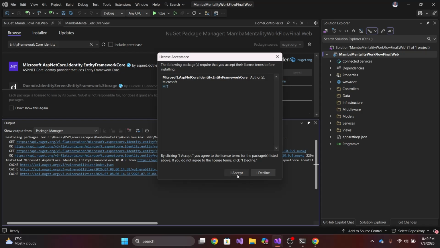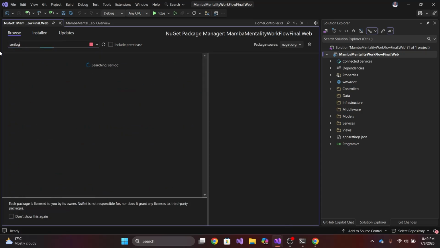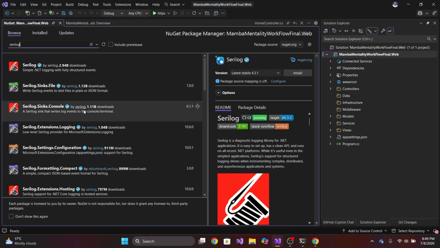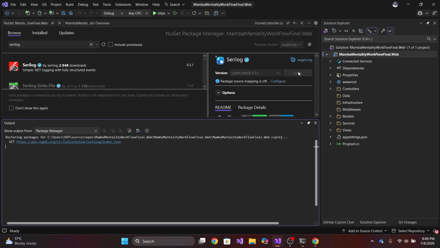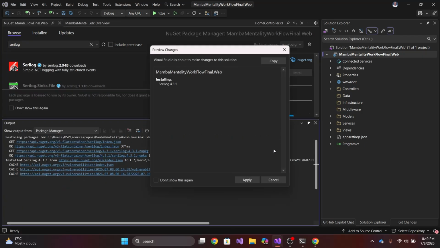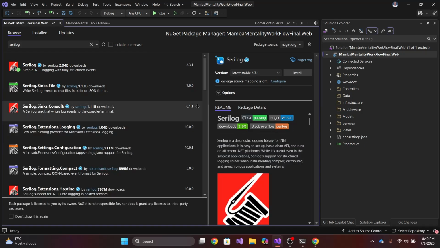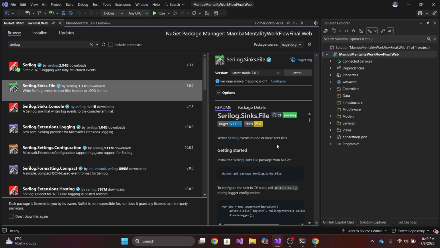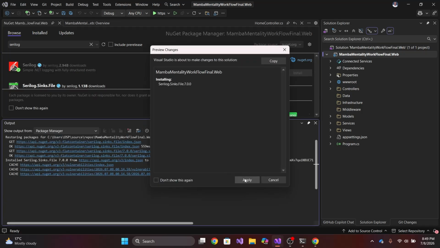We also want to log things. So I'll bring Serilog. Serilog is a logging framework. So I'm going to install Serilog, bring it in. And I want to also do the Sinks.File. So these are called sinks. This one, what it does is it writes to files. So I'm going to install that